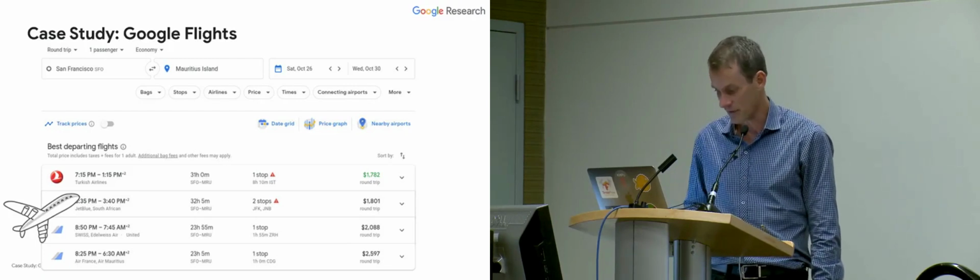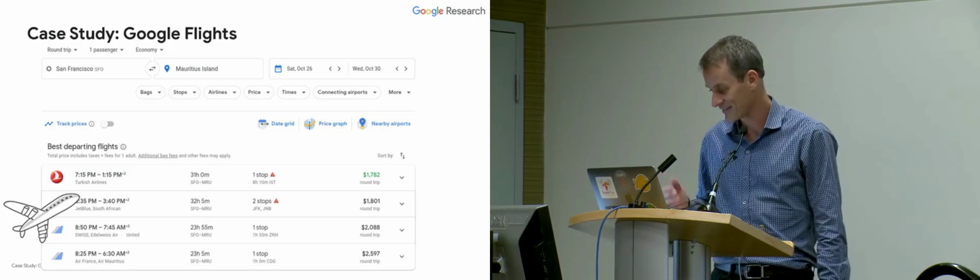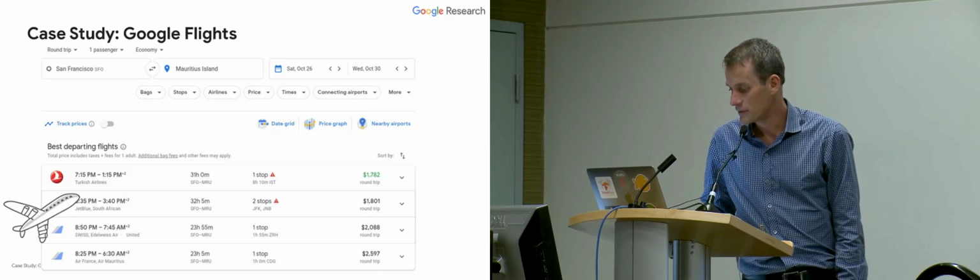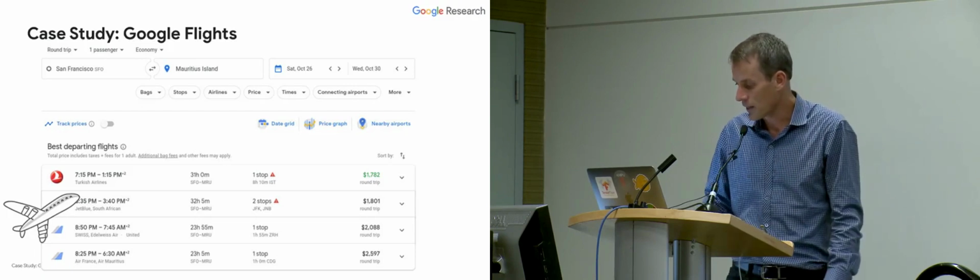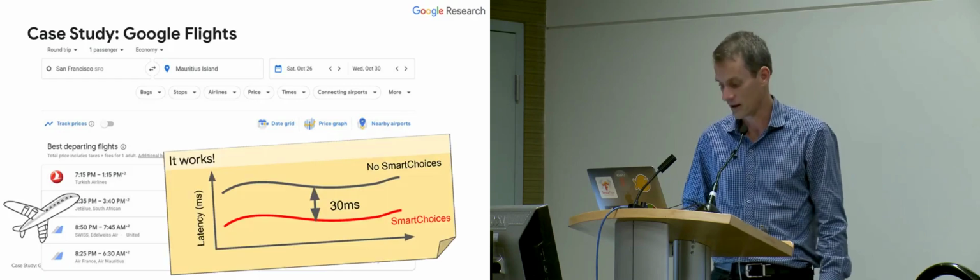So as one case study, we've been working with the Google Flights team on a particular application of this. Google Flights is actually pretty complicated. When you say you want to go from San Francisco to Mauritius, which would be nice, then it actually has to do a fairly comprehensive search of all possible paths between these two city pairs, and that can take highly varying amounts of time. And so one of the things we want to be able to do is to decide what level of parallelism to use for this search so that we can fairly extensively explore the set of possible paths and flight segments in a reasonable amount of time related to the latency budget we want to allocate for this.